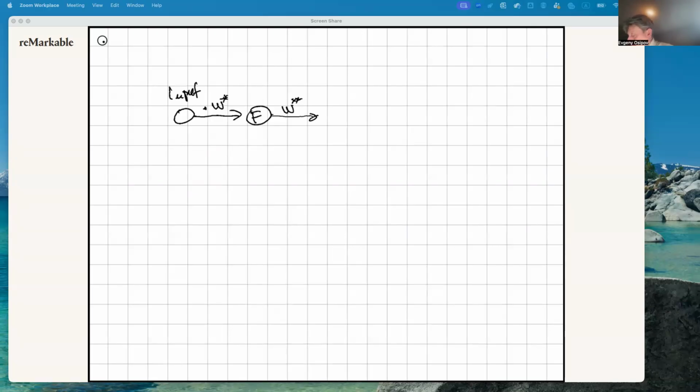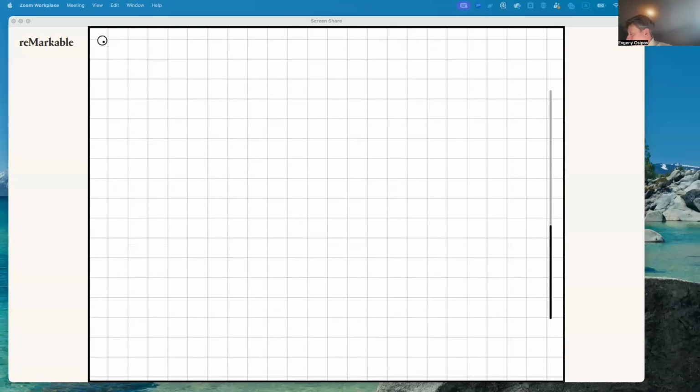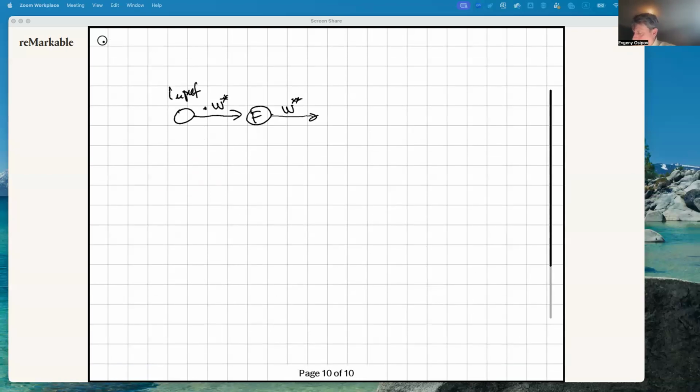And well, let's have only a single layer. And then we compute the output, the score. So this is also some function f. So the score then